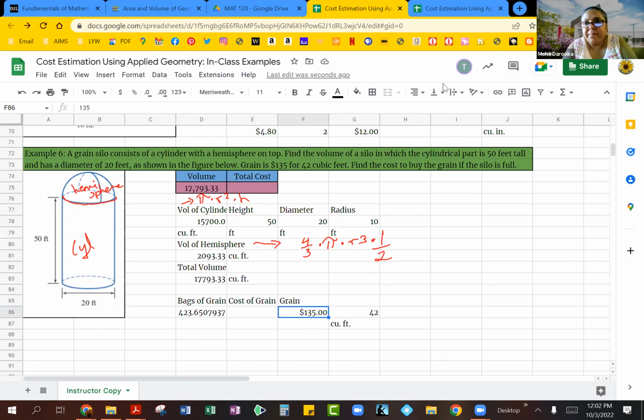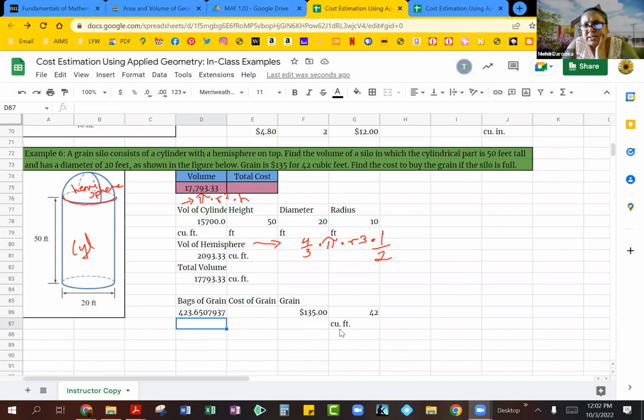It keeps going. So let's make sure we're getting the right value for our number of bags here, guys. Are we adding the hemisphere and the cylinder together? Yes, we are. Okay. So since we are getting a decimal answer here, guys, 423.6507, whatever else, the question is